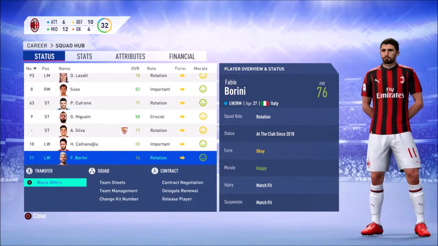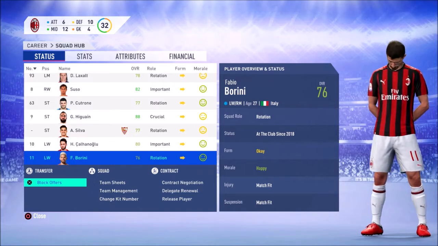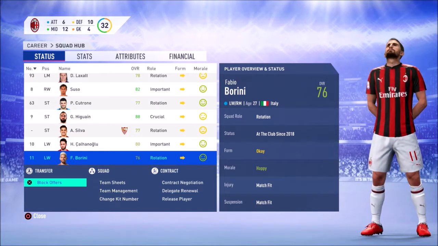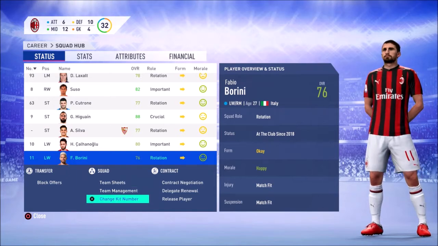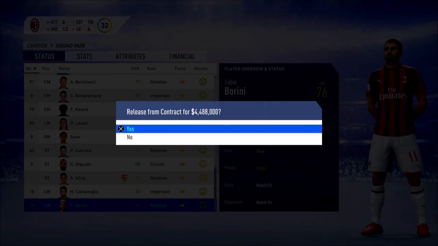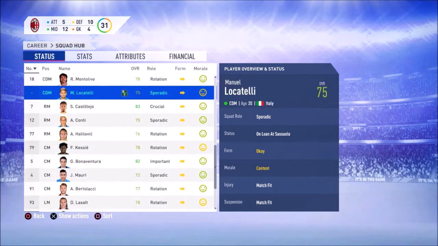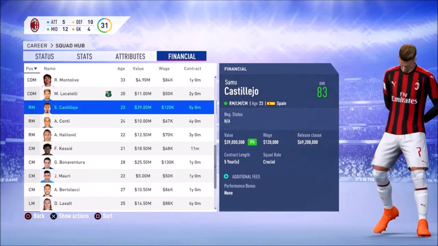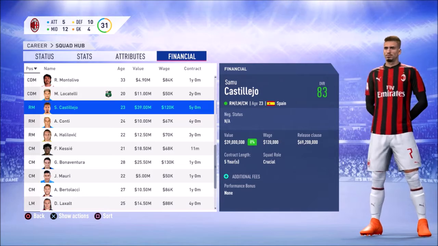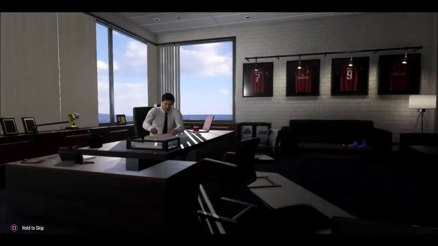And Fabio Barini, I don't really want him around the squad. Don't know why I've got him in real life, and to be honest, I don't really like him that much, so I'm going to release him straight away from his contract. And I checked before that Castillejo has a release clause, and I don't really want to lose him to anyone because he's got pretty decent potential himself, so I'll just try and renew his contract to get rid of that